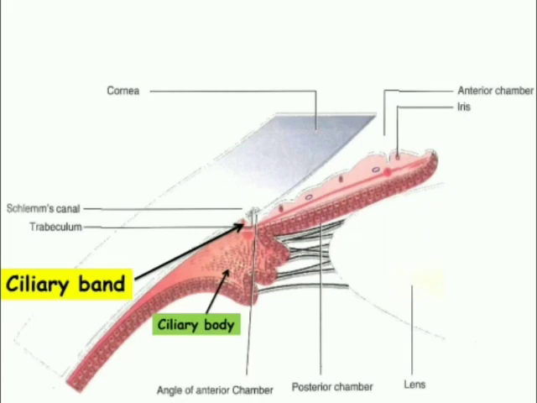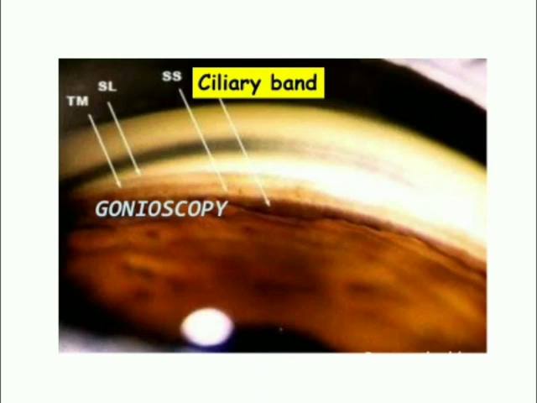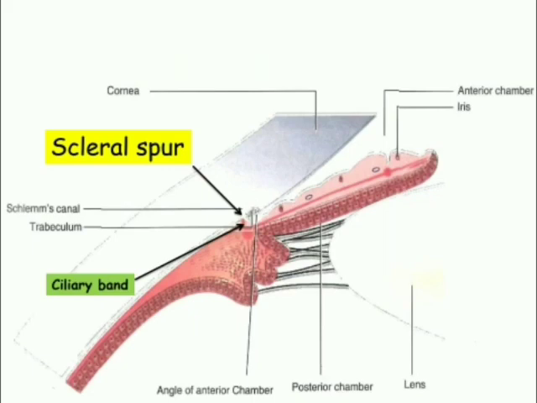It has to be understood that the width of the ciliary body band, or the ciliary band, depends upon the level of iris insertion. And it is interesting to know that the ciliary body band is wider in myopes and narrower in hypermetropes. Usually on a gonioscopic examination it appears as a grey or dark brown band. The second important structure that we will study is the scleral spur.